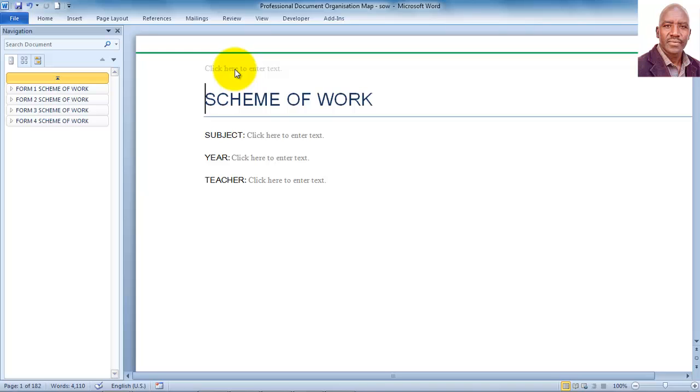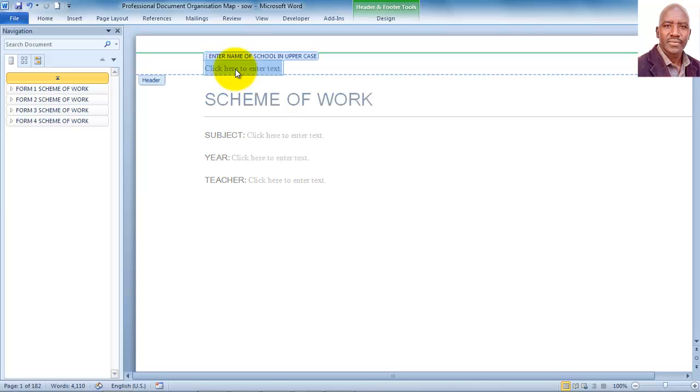Now the first thing you will do is that you will want to go to the header over here and enter the name of your school and make sure that this one is uppercase. So as soon as you double click this section here, it prompts you to enter certain information. So here we are being prompted to enter the name of the school and it should be in uppercase. So let's do just that. So I'm going to enter the name of my school, and my school is Upper Hill Mixed Secondary School,